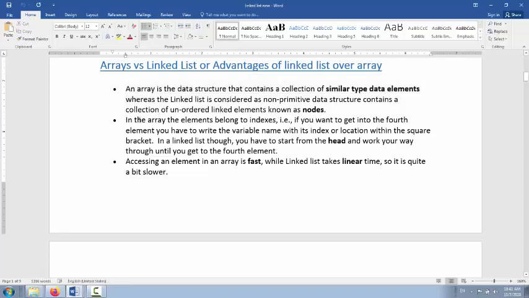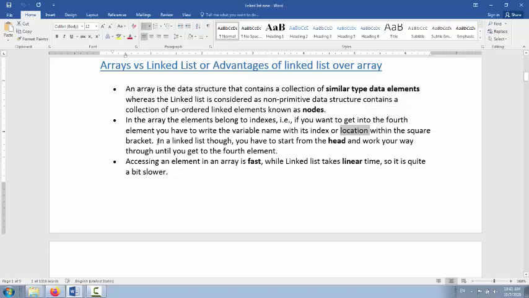Second comparison or difference: in the array, elements belong to indexes. We can say array of 1, array of 2, array of 3. That is the index inside the array. If you want to go to the fourth element, you can write the variable name and the index, or the location, within square brackets. So you can write a of 4.